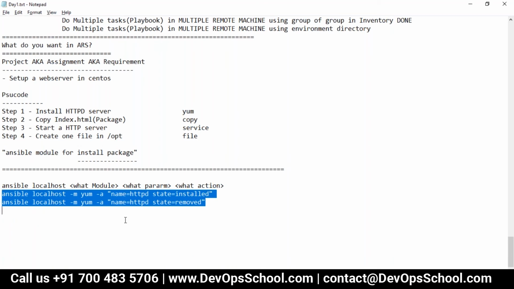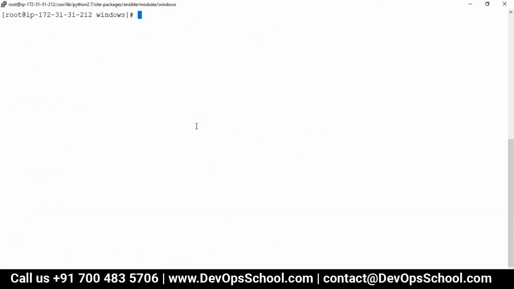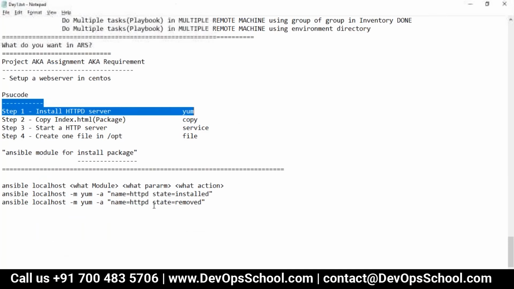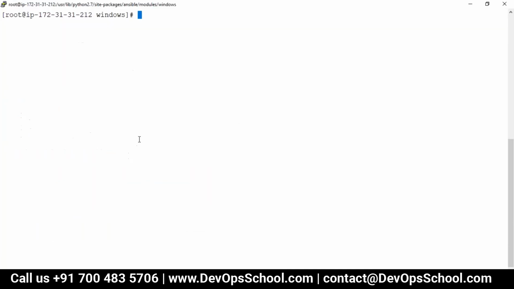So this will install, this will remove. So guys, I made this based on the discussion with you, only for this. So can I do that first, before running this command, before talking about something else? So guys, I'm doing everything on the localhost only, because if this command works on localhost, then I can run it on the other hosts also.